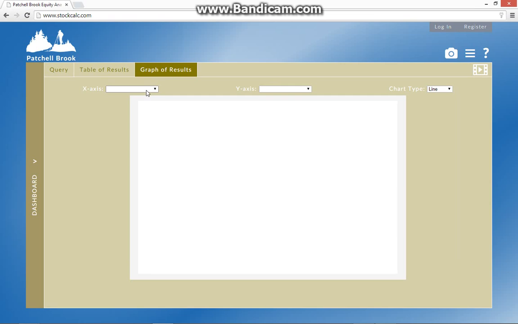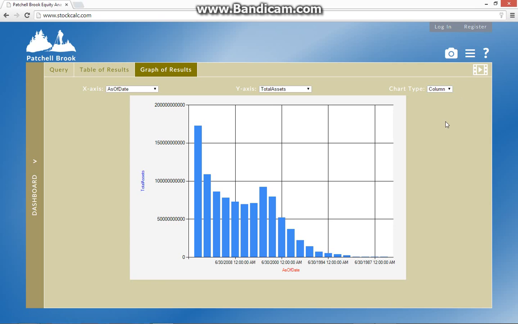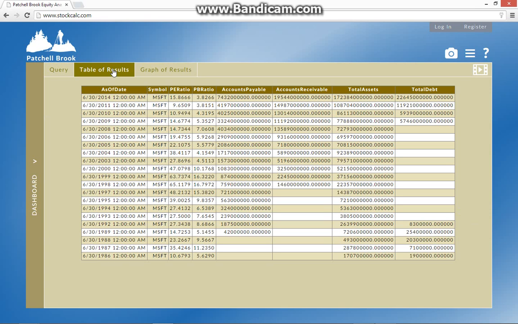We can also graph this information. We will select as of date in the x-axis, and in this case we will select total assets on the y-axis, and we can plot them as a column. So these are the three sections of the query menu: the ability to extract the data by identifying the tables and the fields, as well as any filter that we want to apply to the table, viewing the results,